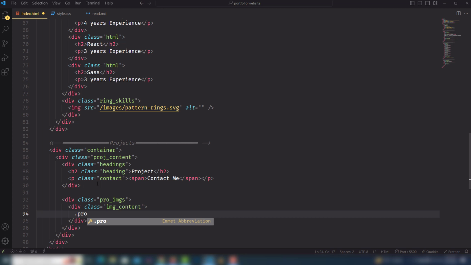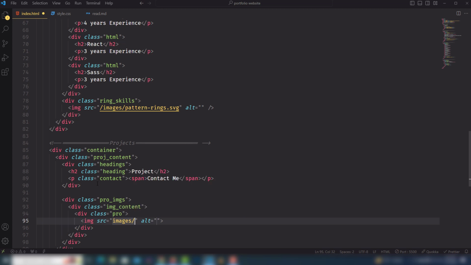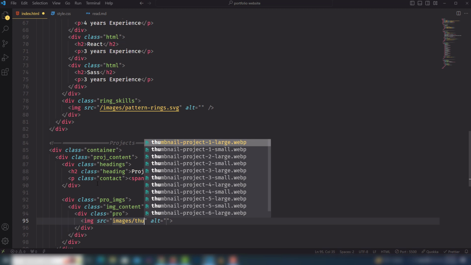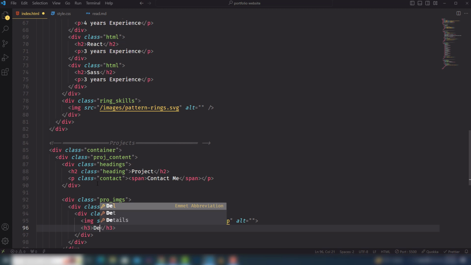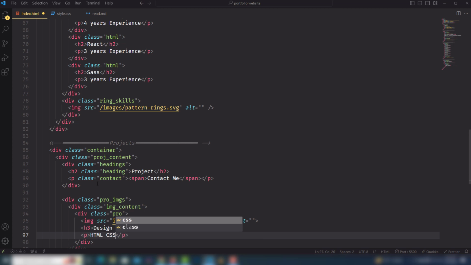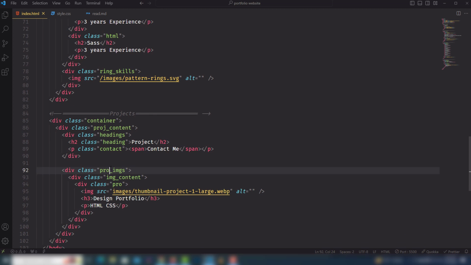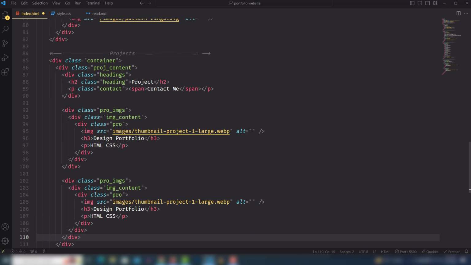In the image content I will display the different types of images. So I will use the pro class. In the pro class I will use the image. The image is coming from terminal, large size of the first image, right? And after that I will use h3. In the h3 I will use design portfolio, and that is HTML CSS. So this is our first image, and yeah, I will get it, copy. This will be the second image,